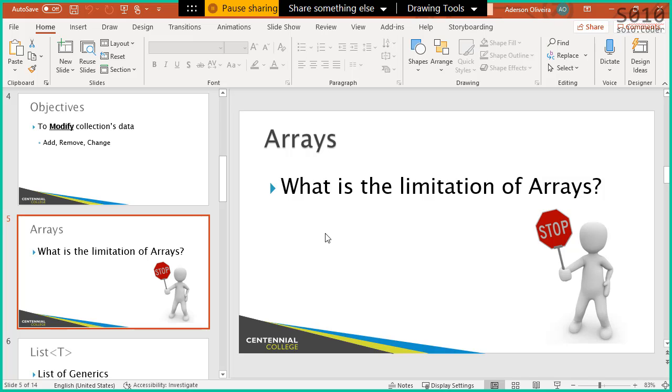Okay, so let's look at that. Size, you're right, because before I can use an array, I have to define its size. I have to know the size of the array before I can use it. There are ways to resize an array dynamically, but it's not very straightforward, okay? However, in terms of type,